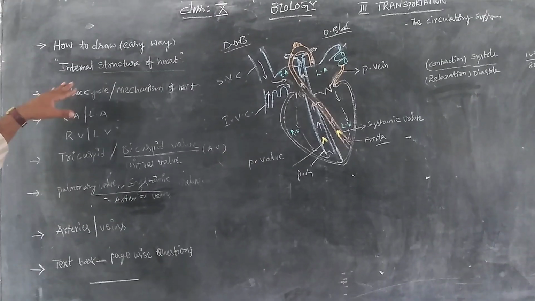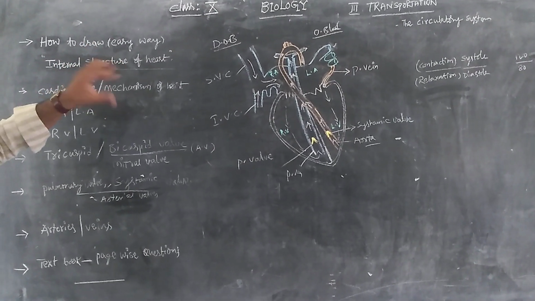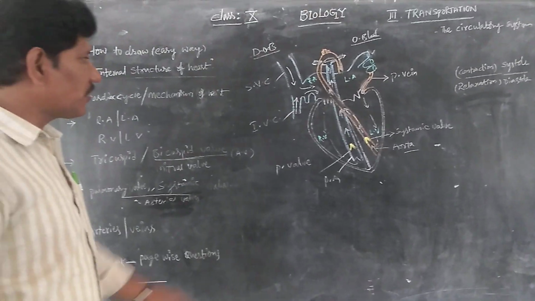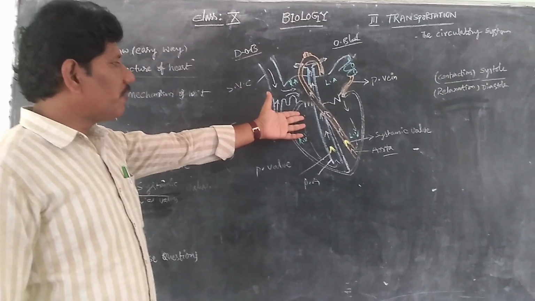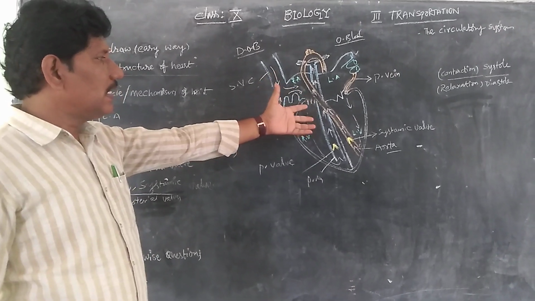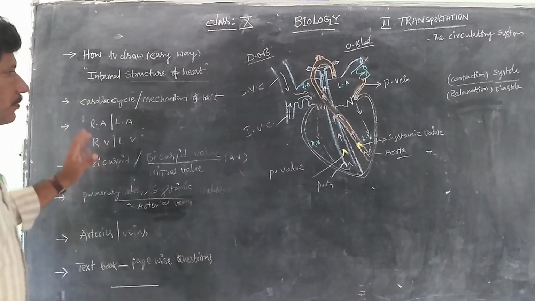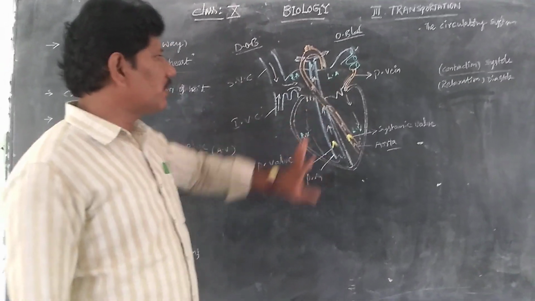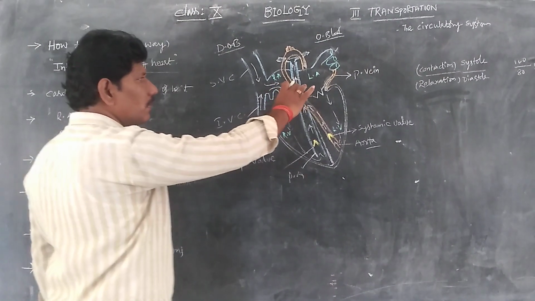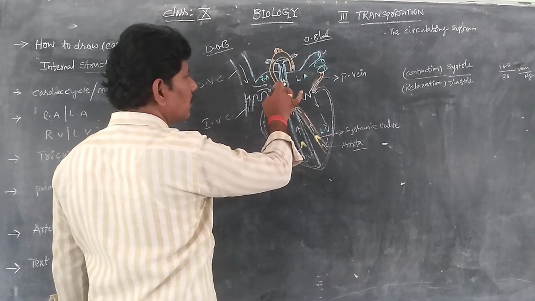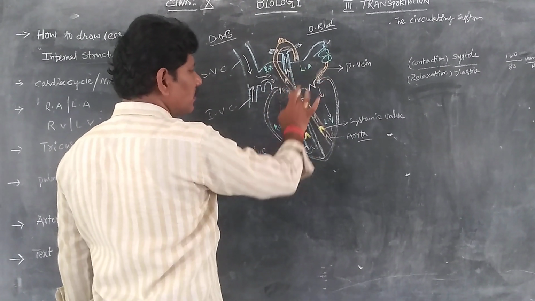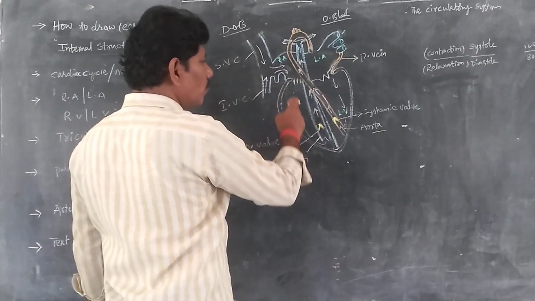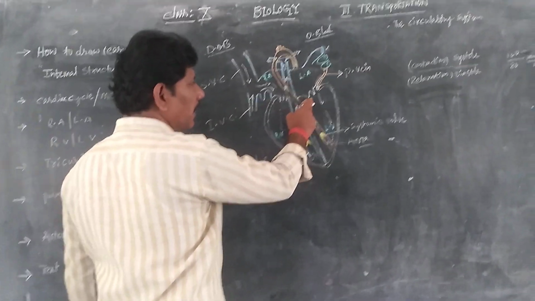Next, apart from that, how the cardiac cycle, or the mechanism of heart functioning. The functioning of the heart, or the mechanism of the heart, is also called the cardiac cycle. Next, apart from the internal structure of the heart and the cardiac cycle, we would like to differentiate between the human heart's four chambers, I mean right atrium and left atrium differences, right ventricle and left ventricle differences. Next,